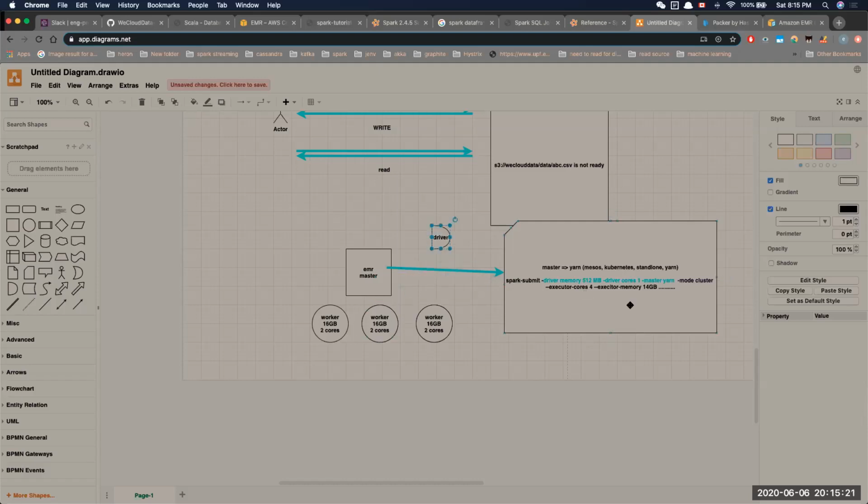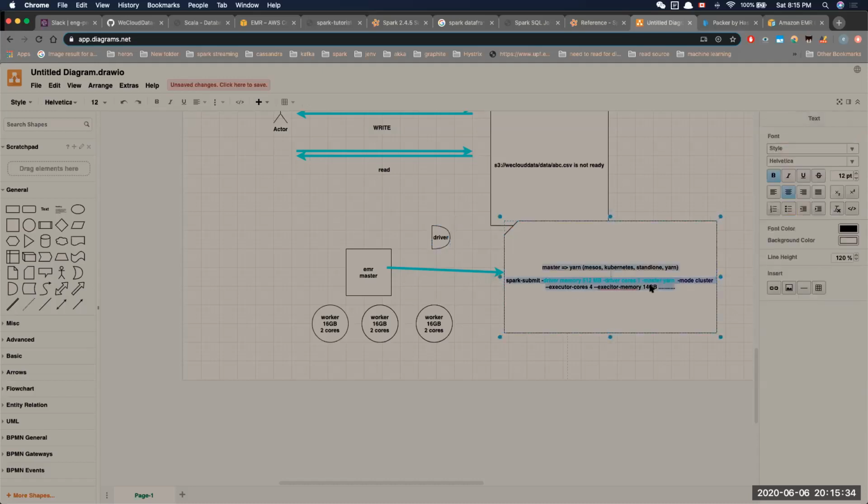So the next configuration set I want to talk about is, let's say you want executor cores equal to 4 and executor memory equal to 14 gigabytes. So now I want to ask you a question. Will this job be scheduled at all? Let's also have another important thing. It's called